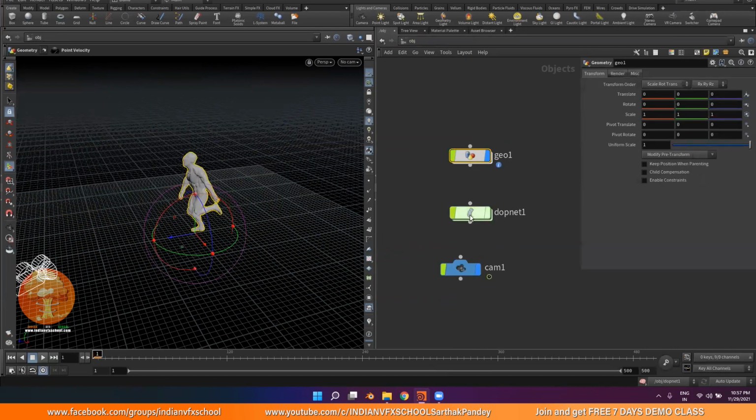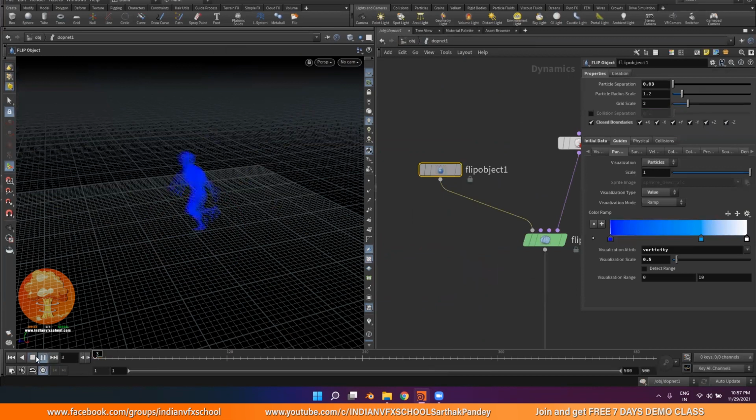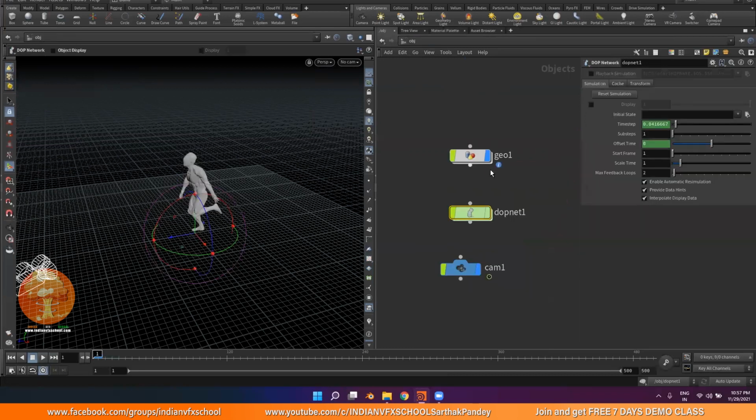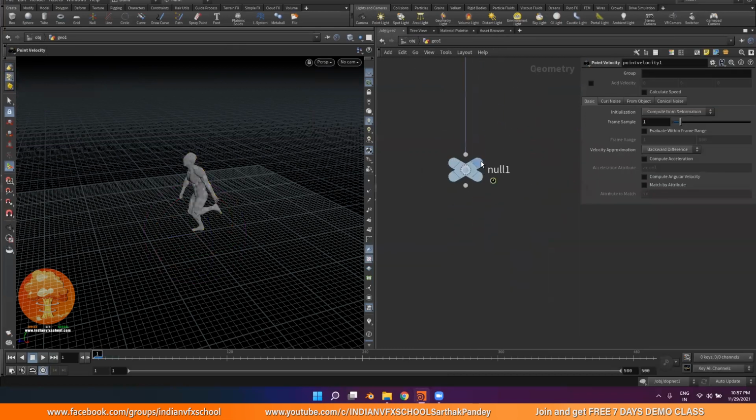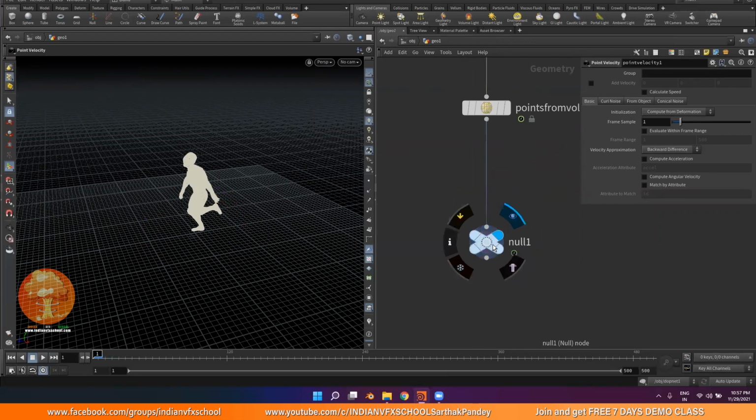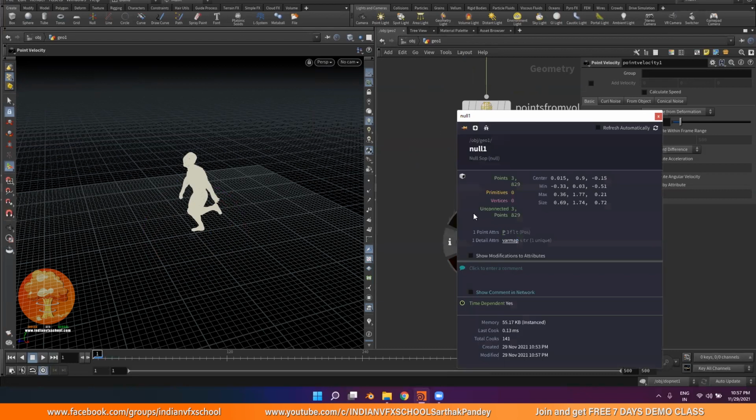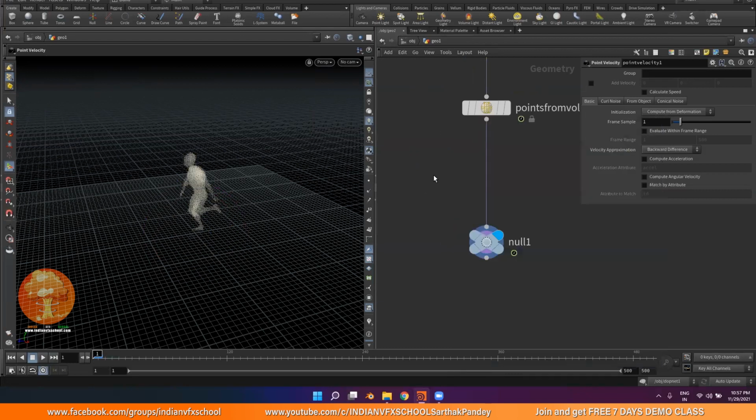And let's say if I go back and do the simulation, you will see again it won't work. So why is it not working? Okay, the best way to debug these things is, we can clearly see that our velocities are not instancing. And why is it not instancing? The culprit will be our null, so let's see if velocities are even being transferred. If I click on this I button, you will see that there are just no velocities.